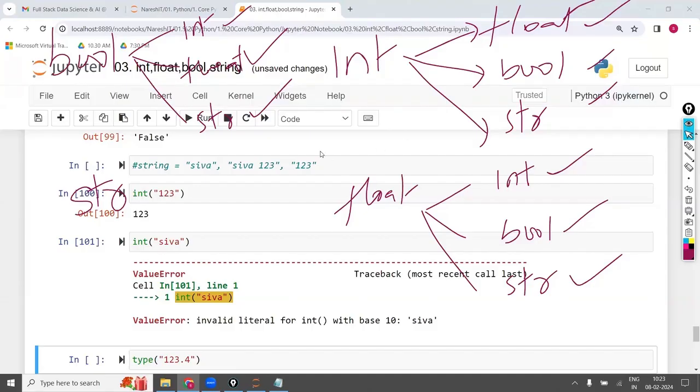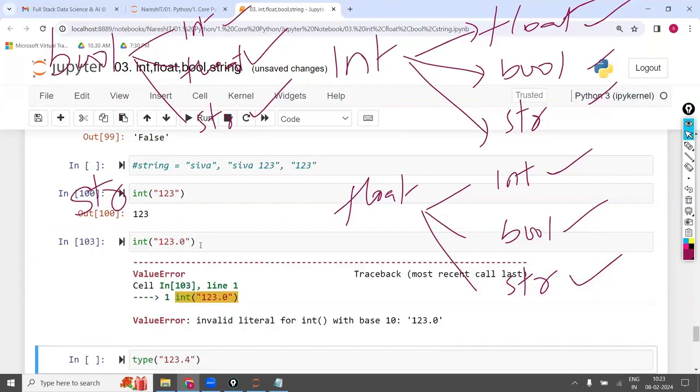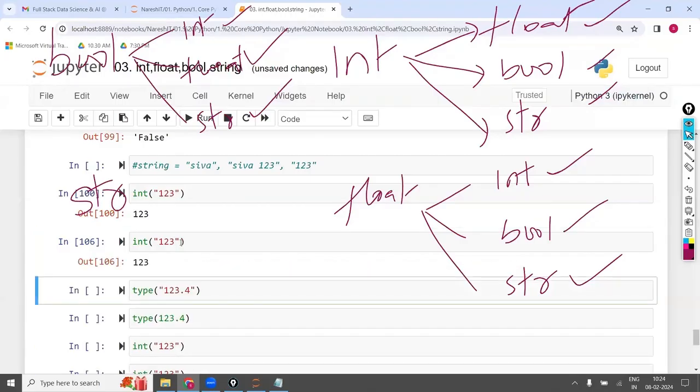Other than numerical data, if for example you are having 1, 2, 3 and a space also is there, one additional character other than numeric, for example a space or a dot or something like this, it will throw the error. If you are having something like 1, 2, 3s, it will throw the error. Only numeric data can be converted. Other than numeric, if you are having anything, it will throw the error.